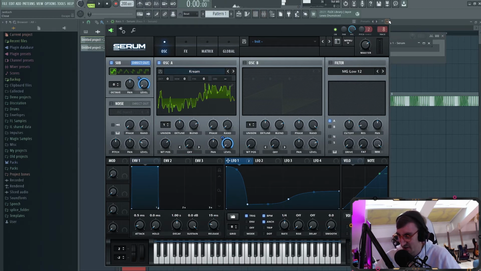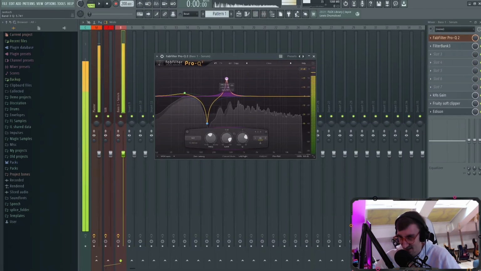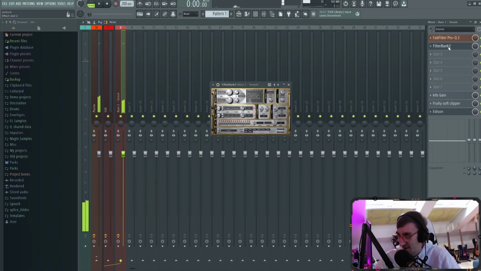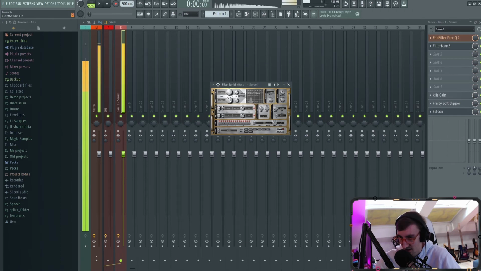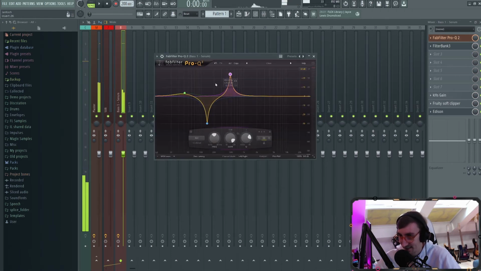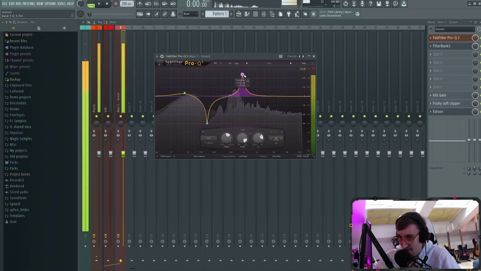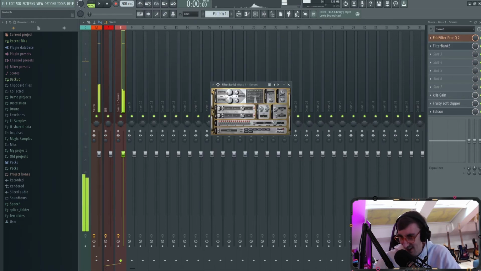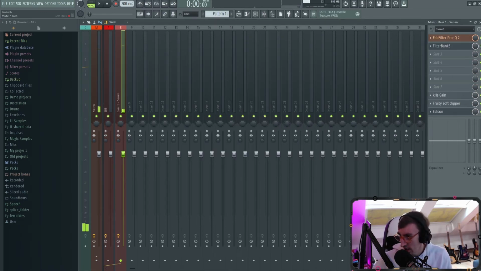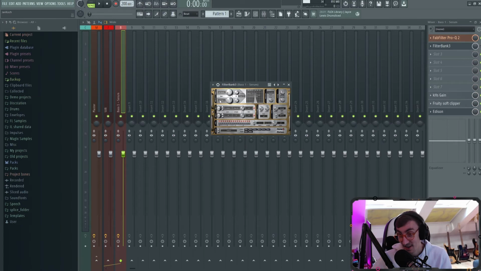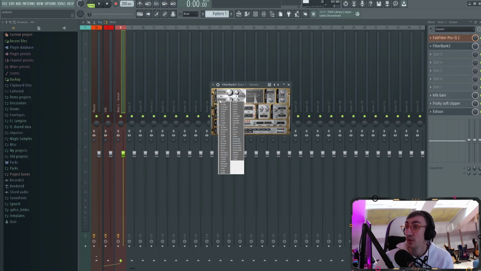Oh, we'll need to adjust the peaks in here. Okay, okay. Let's make a high peak again. Oh, okay. Also what you can do is use a different kind of filter. You can just change up the shapes if you do it in the patcher or in any other parallel EQ